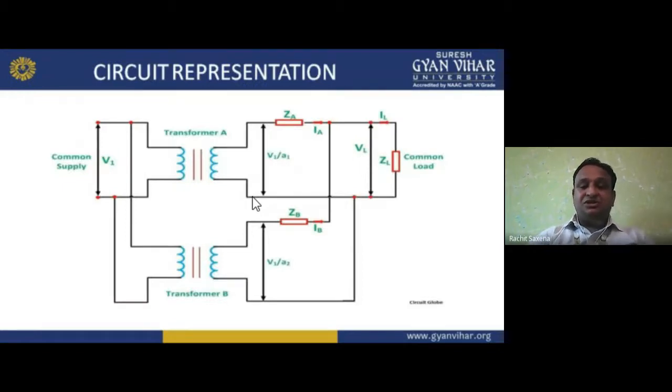Circuit representation. Now see here, why am I connecting all these? If I am doing parallel operation, what is the need, why am I doing this? So my dear students, see, I am living in a society. That society has 20 flats in it. According to 20 flats, a 5 MVA rating transformer is sufficient. But the capacity in a society can be enhanced, altered, or increased. So the owner of that society decides to make 20 more flats in that society.